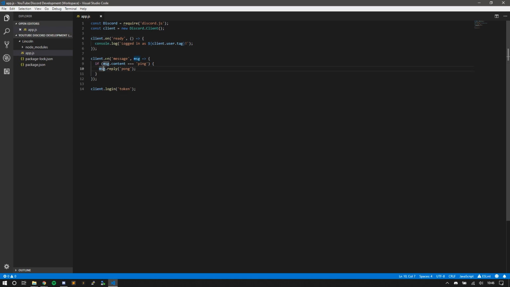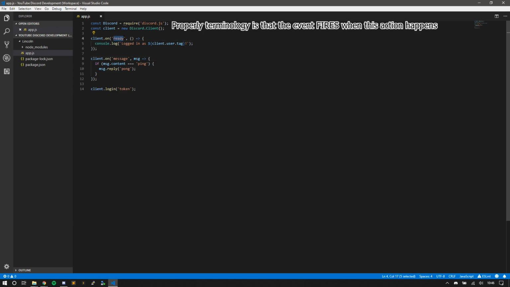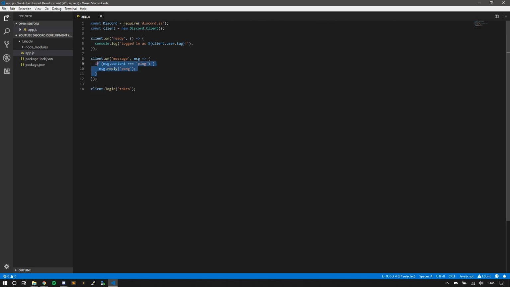And we have two different events here. So I have the ready event and the message event. The ready event is called whenever the bot is ready to start working. And the message event is called whenever a new message is created in the Discord. And you can kind of see, if you know basic coding, JavaScript, you'll know what this does. And then at the end, we log in the bot, and you need a token here.